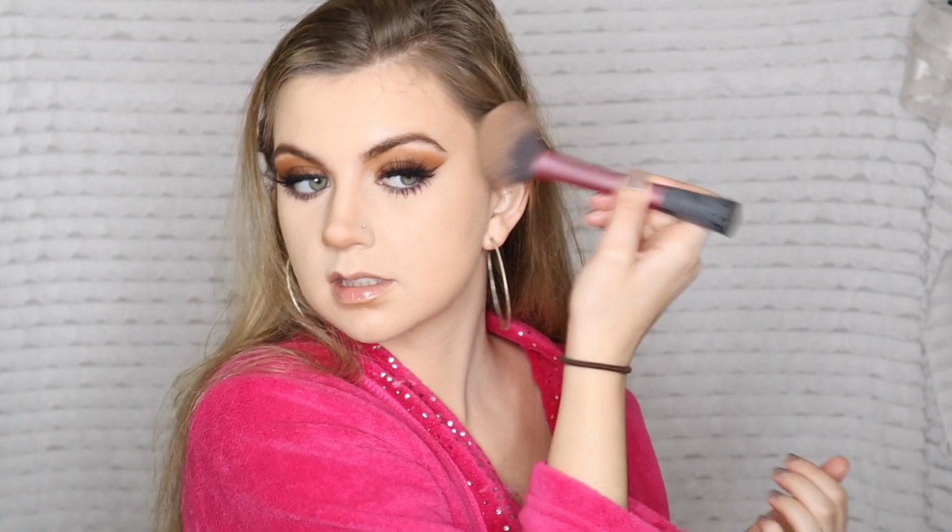And I like to just add a little bit more color to my cheeks. This just gives me more life, and it also neutralizes the other color that I put on. Sometimes that color can come off a little warm, so this will just kind of make it more neutral. So this is a really old Bare Minerals brush, and I got it from my mom